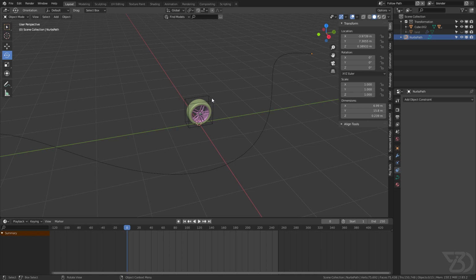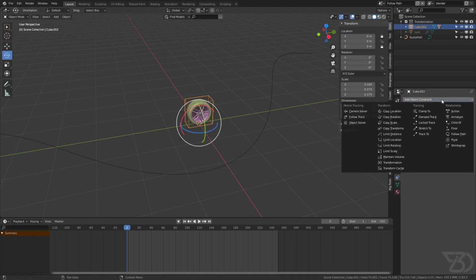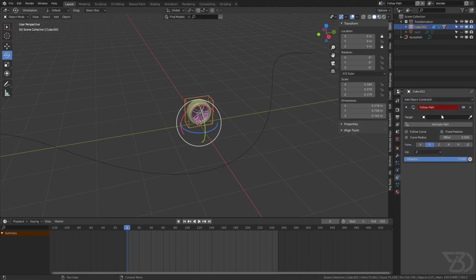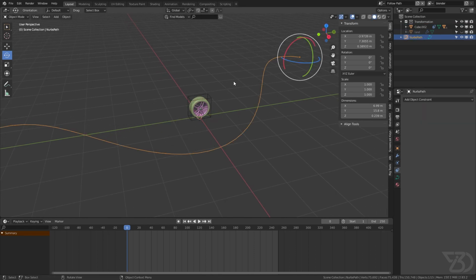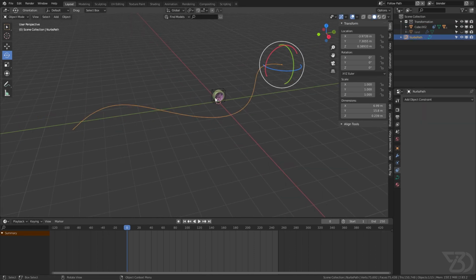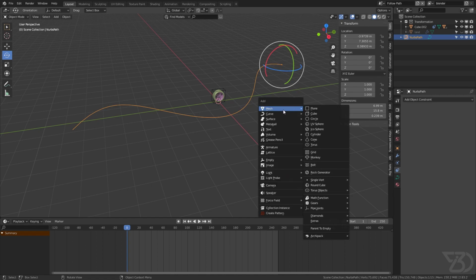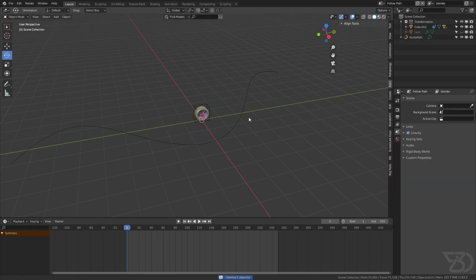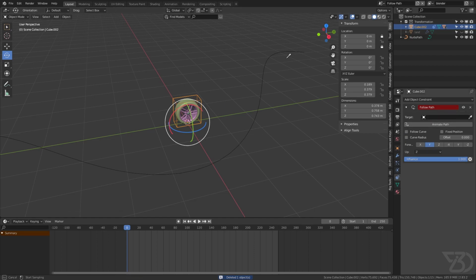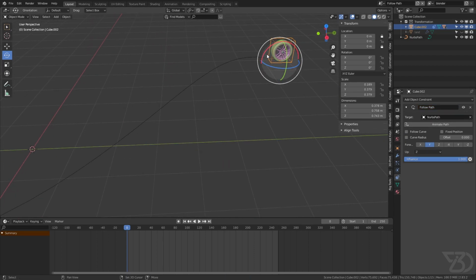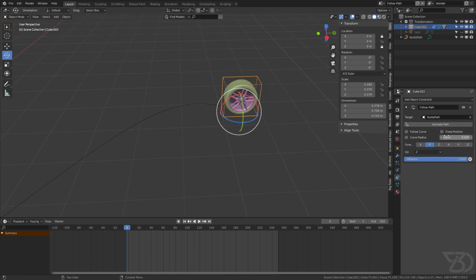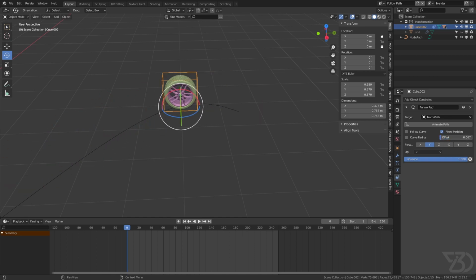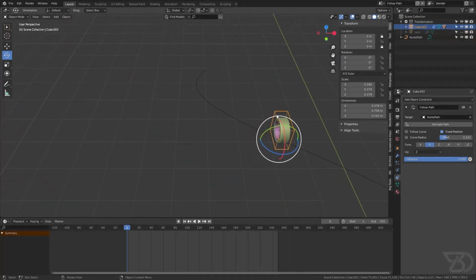So how we can do that is by selecting this object, and then I will go and select the follow path. I have already created this Nurbs curve, which you can create by Shift A and then create any type of curve you want, and then you can scale it or whatever you want. So I will select that, I will select this. Now if I click here, we can now animate it, and now we can animate this one, which is not looking cool.